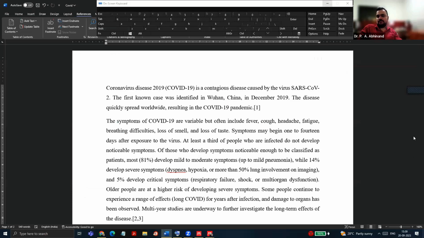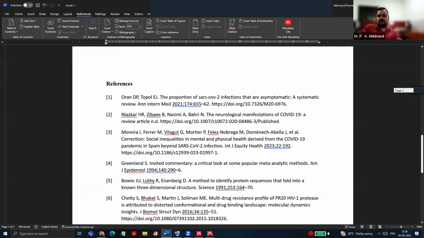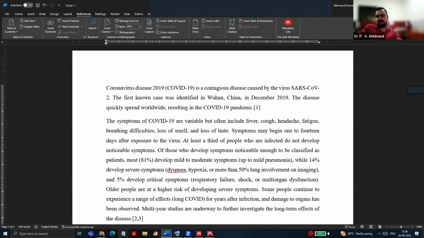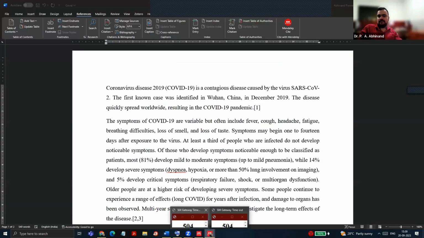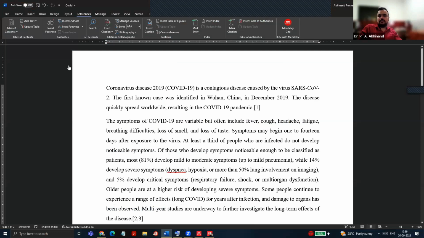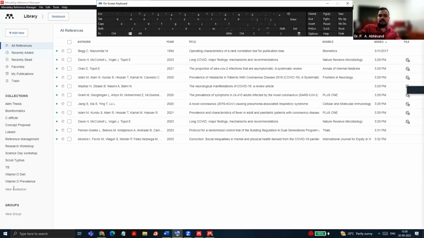And if you want to change from one referencing style to another referencing style, that is also done very, very easily. So what else can be done with this software very easily? So let's see some other options. So let me go to the software, that is the Mendeley software itself. So here you have an option called new collection. So basically, I can create a folder over here. Say for example, I will name this particular folder FDP program. This way, I will be able to store all the references pertaining to the FDP program alone in this folder.